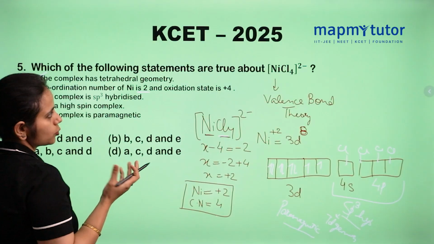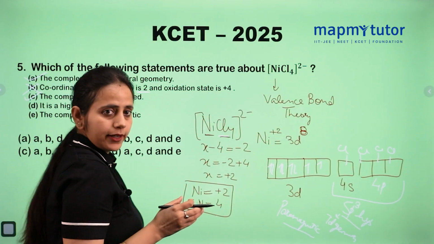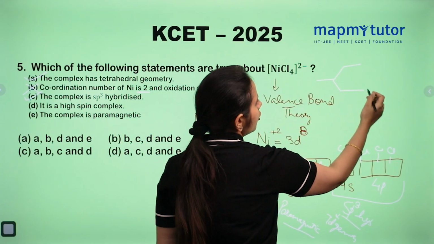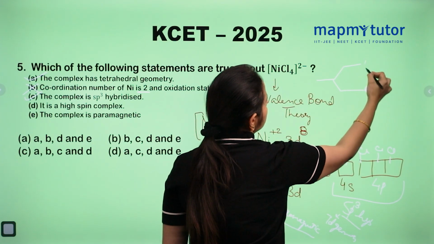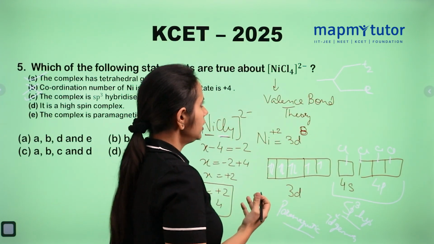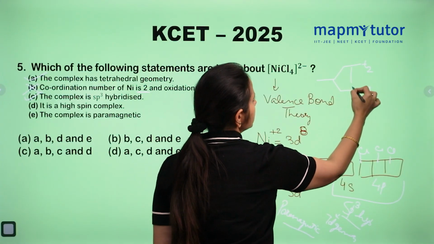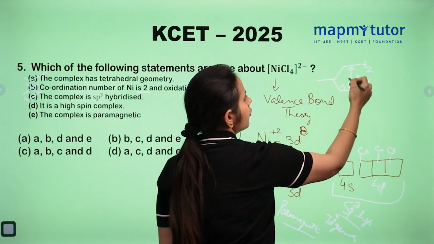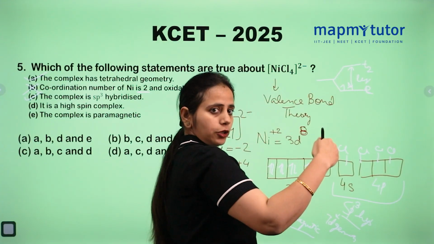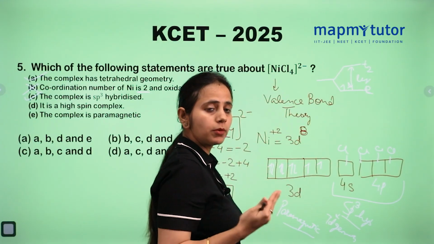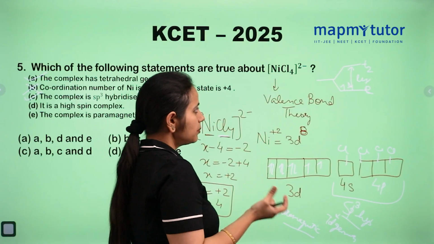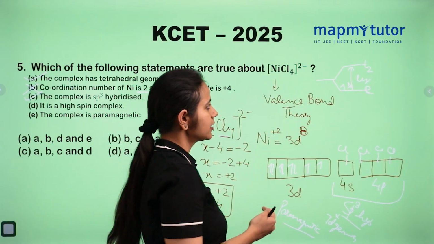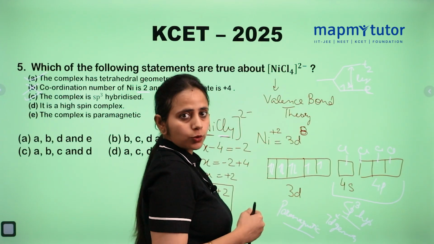It is a high spin complex. What do you mean by high spin? See, chloride is a weak field ligand. If it is a weak field ligand, that means the energy between these two split d orbitals, this is E and T2, in case of a tetrahedral, the energy between them is very less. If this energy is less, then an electron can easily transfer from E to T2. Transition can easily take place and the maximum number of unpaired electrons will be there. So weak field means high spin. How high spin? Energy between them will be less and we will get more unpaired electrons.